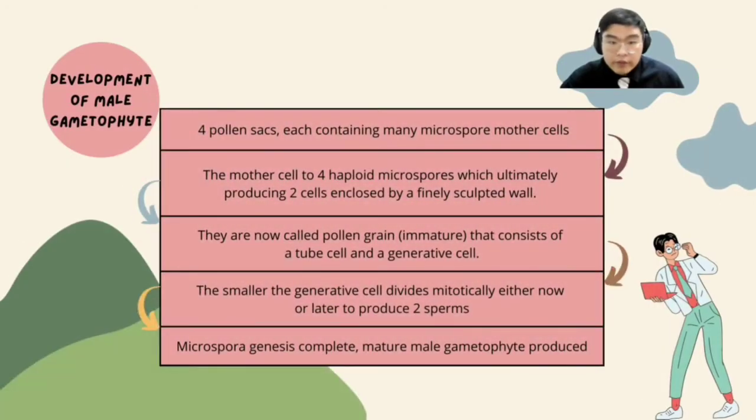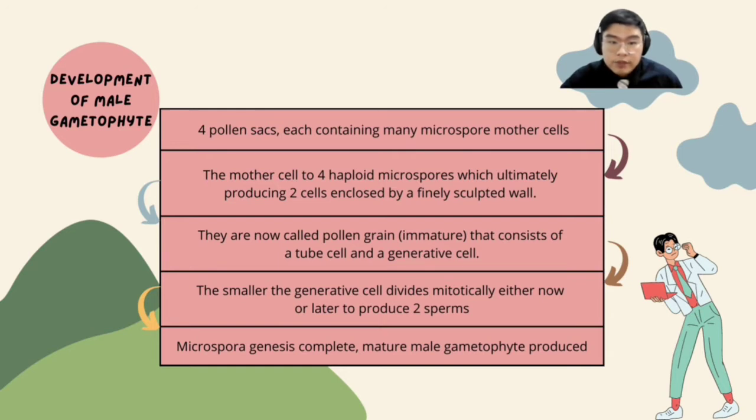Before we go any further, let's take a look at the life cycle of plants in detail. For the development of male gametophytes, it is found in the anther of flowers. Anthers usually have 4 pollen sacs, each of them containing many microspore mother cells. The mother cells then undergo meiosis to produce 4 haploid microspores, and then mitosis before unequal cytokinesis takes place to